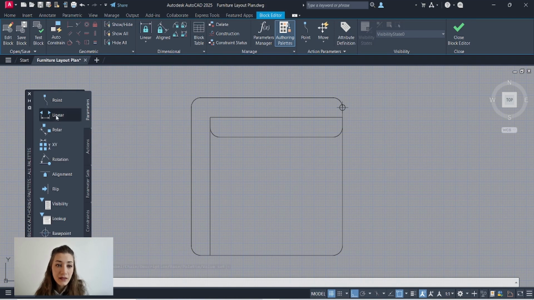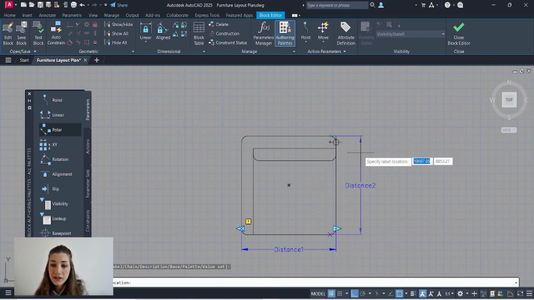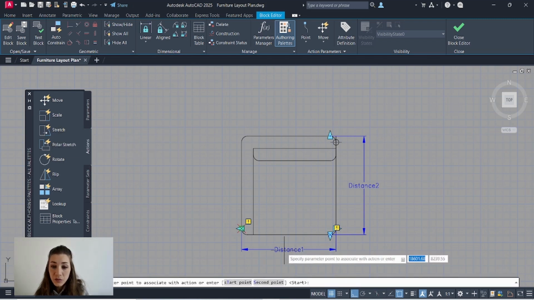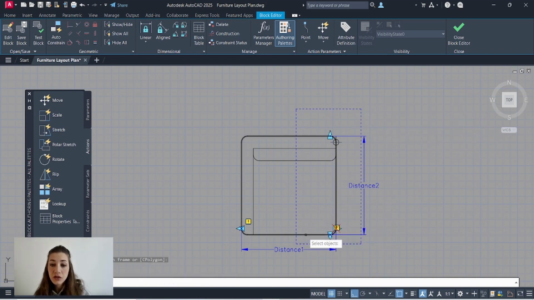Then I'll select the linear parameter and I'll add one horizontally and another one vertically. Then I'll go to actions, select stretch, select the first parameter, then select the gripping point and draw a frame around the objects that I want to stretch, and I'll select those objects and I'll include the base point in this action,